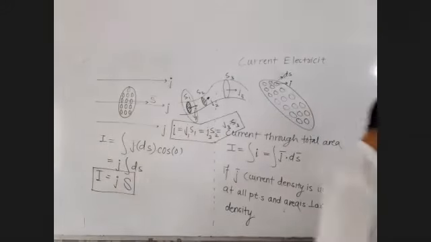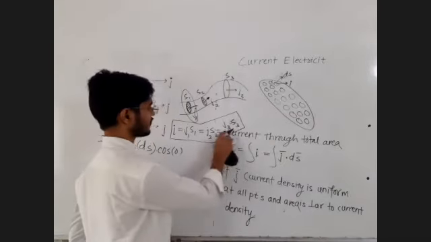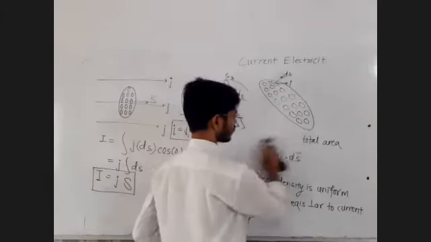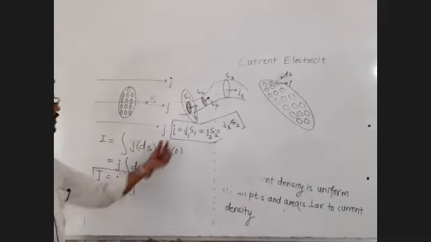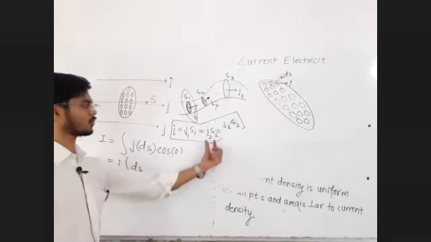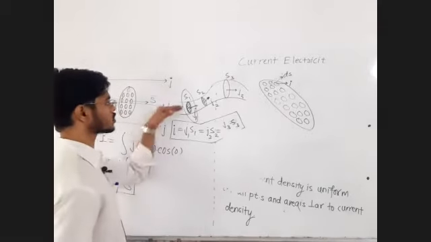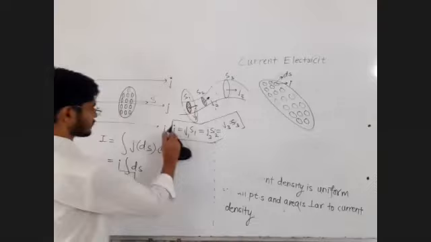Yes, okay. Just like the heat flow rate, just like the volume flow rate in fluid mechanics, A1 V1 equal to A2 V2 equal to A3 V3. Volume flow rate at each cross section is same. Just like that, charge flow rate means current. Charge flow rate at each cross section is same. J1 S1 equal to J2 S2 equal to J3 S3, because charge is not stored anywhere. Okay, at any point charge is not stored.